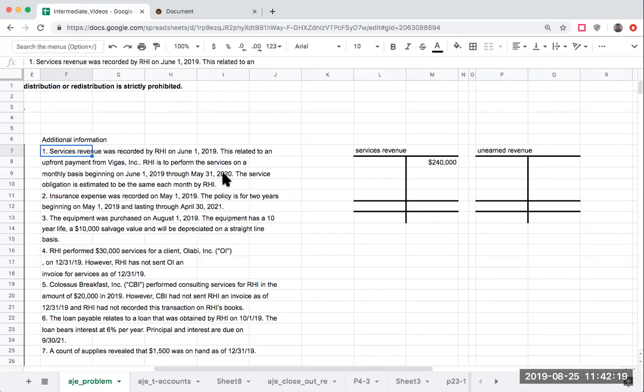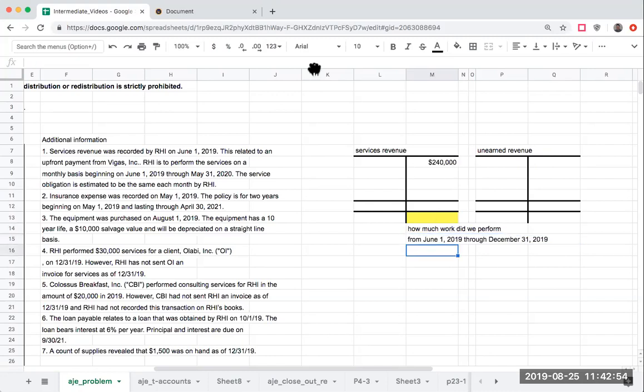So we have a slight issue here. We should not have recorded this as services revenue because we've only been doing the work since June 1st and we just did it through December 31st. We're not in the future yet as of May 31st, 2020. So what this number needs to represent is how much work did we perform from June 1st, 2019 through December 31st, 2019. Okay, so we received an upfront payment from Vegas Inc., and this is for